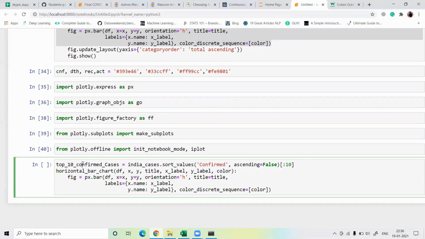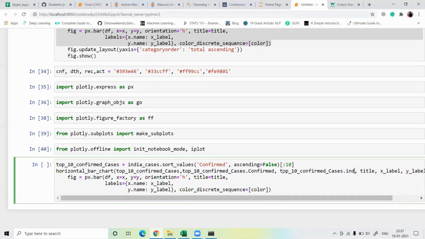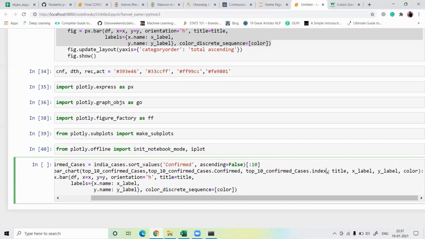Take the value as top confirmed cases, and then top confirmed cases dot state, and top confirmed cases dot confirmed, then index, sort by the index, guys. So dot index. After that I just remove all those things.